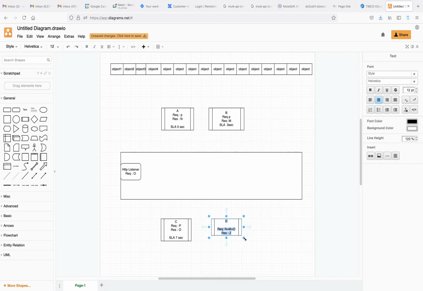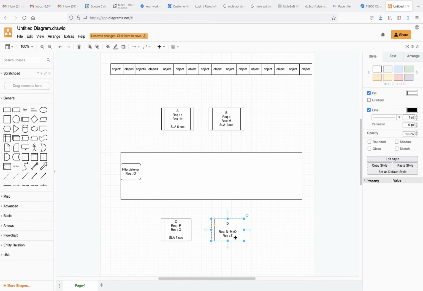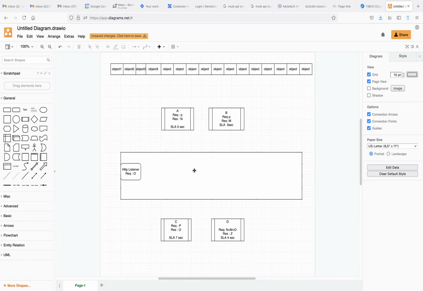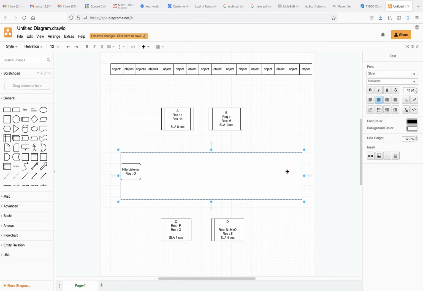And for this API, the SLA is maybe 4 seconds. And this is our main API, which takes all the processing activity, and let's assume it will complete in 2 seconds.